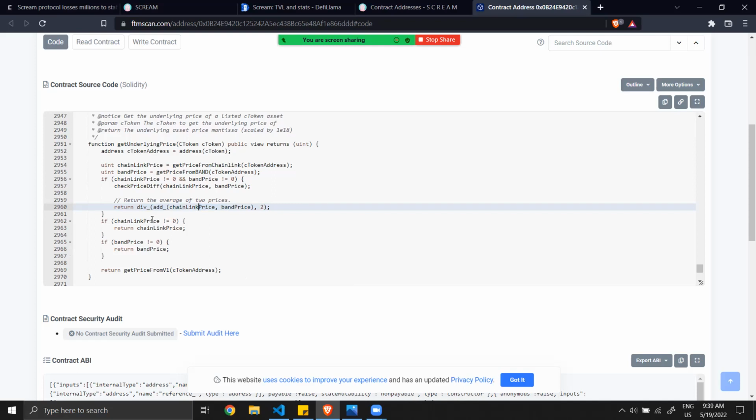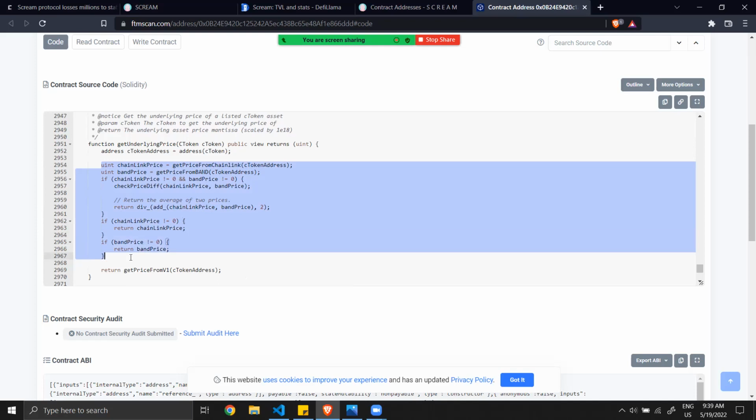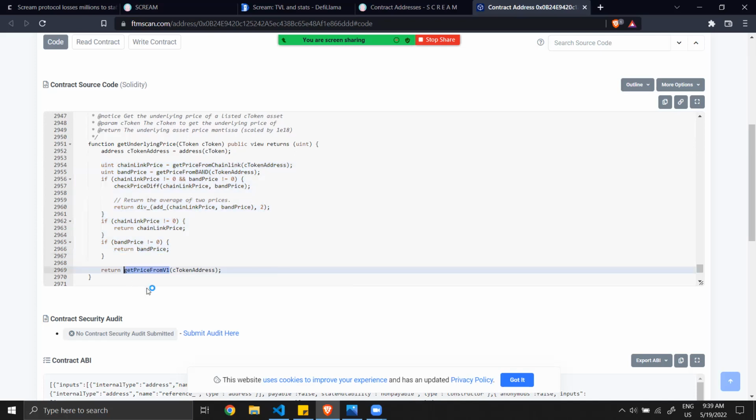If only the Chainlink price is different from 0, you return it. Same for Band Protocol. And if all of these prices are equal to 0, they will return the price based on the homemade Scream oracle.